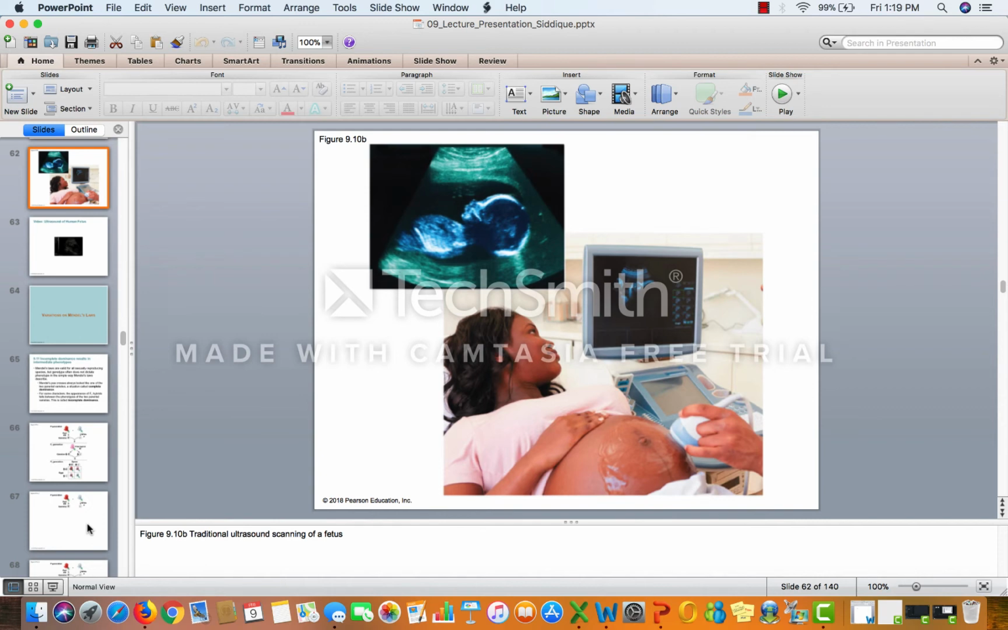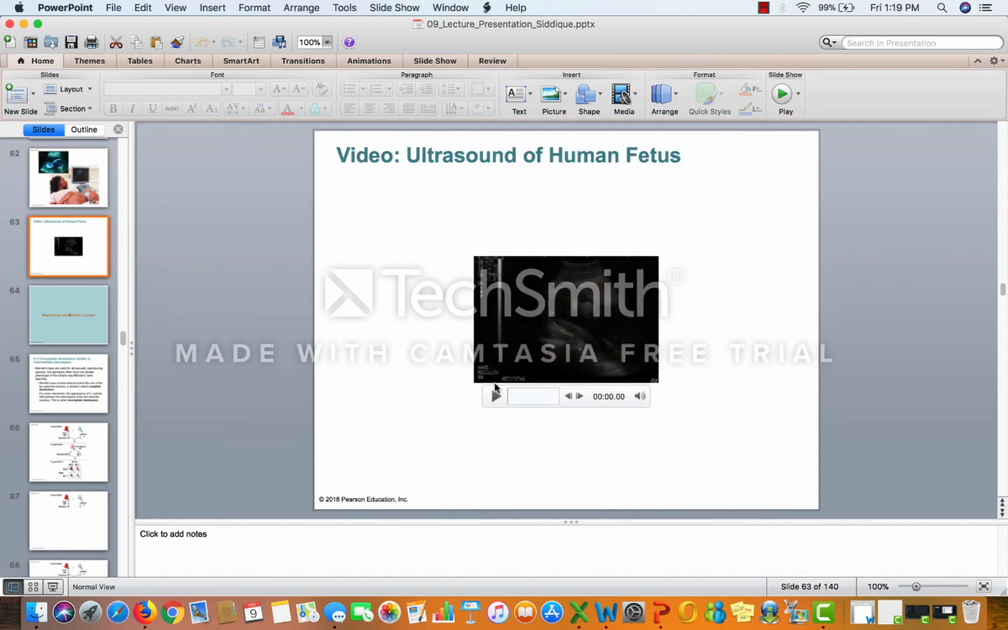Okay, this is a traditional ultrasound. We've got a happy mom taking a look at the ultrasound, and she could see images where you could determine, in this case, heart waves. You could determine the sex of the individual, and it's actually pretty cool, right? Let's take a look at,